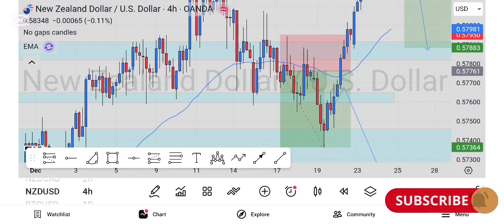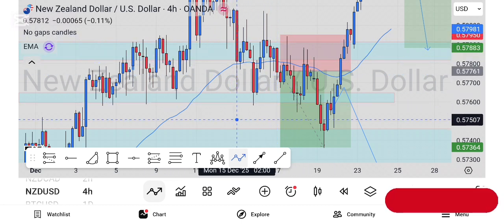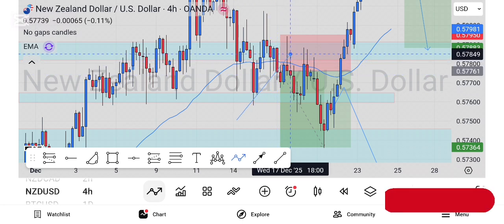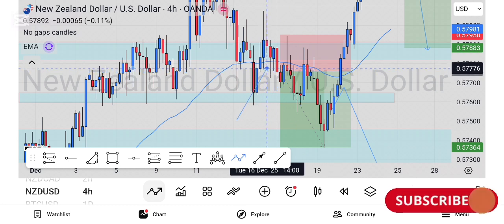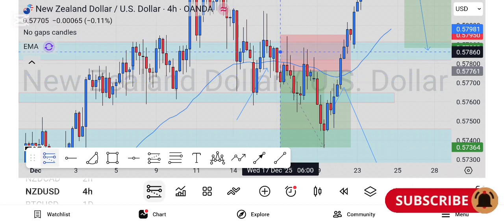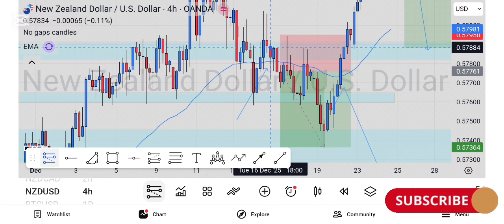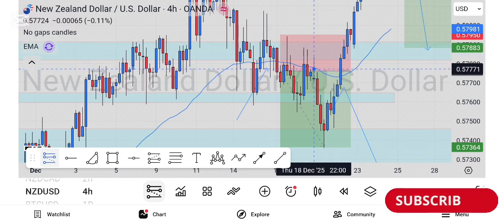We had a very nice hammer and a rejection from this zone. We entered this trade somewhere here. If I'm not mistaken, I think I had a position somewhere here. And also a position here. I had two positions on this trade. I had one position here,